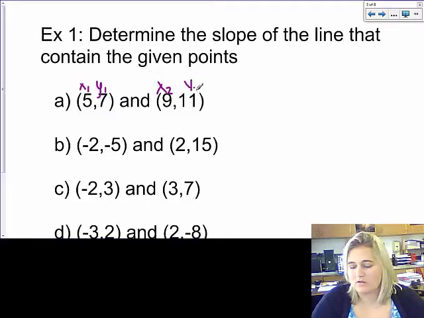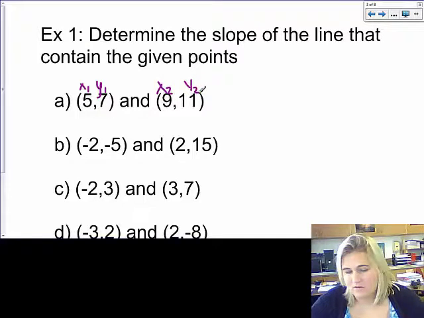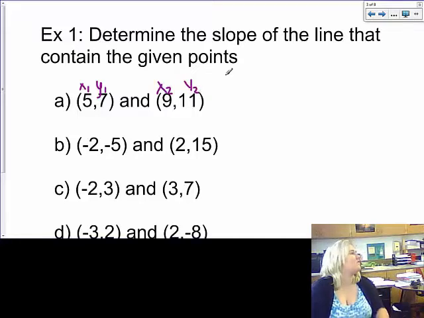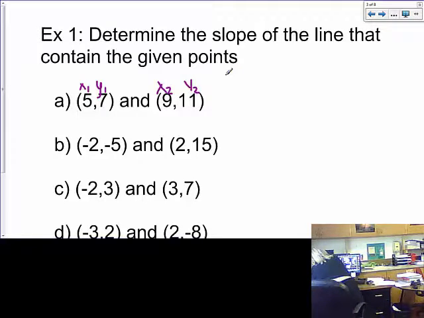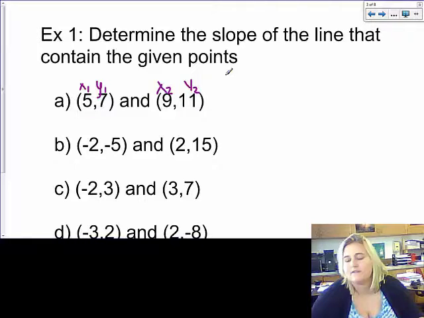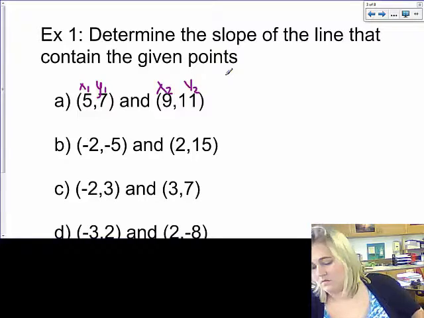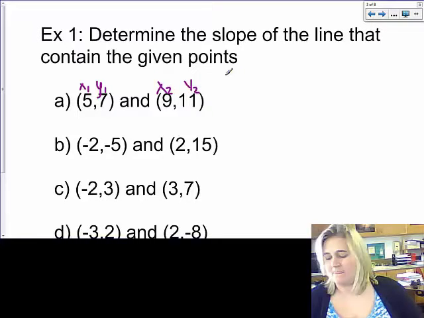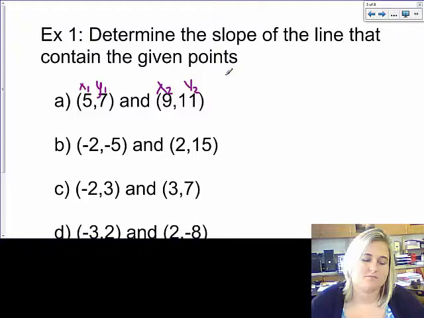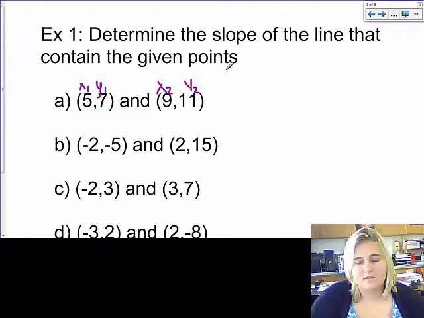So when we do this, I'm going to use my formula, which I would love to be able to write with my pen. So I'm going to use my formula. M equals